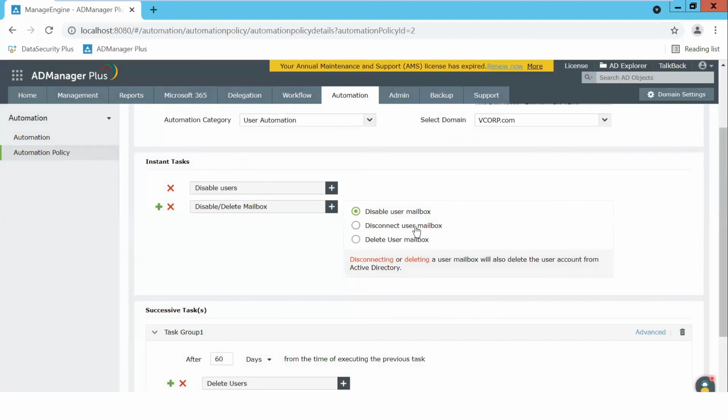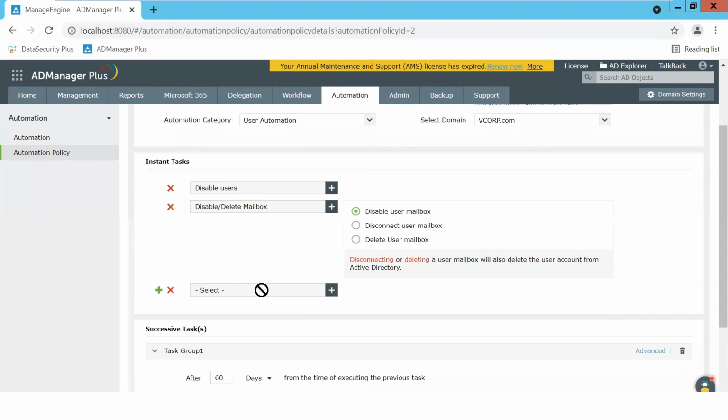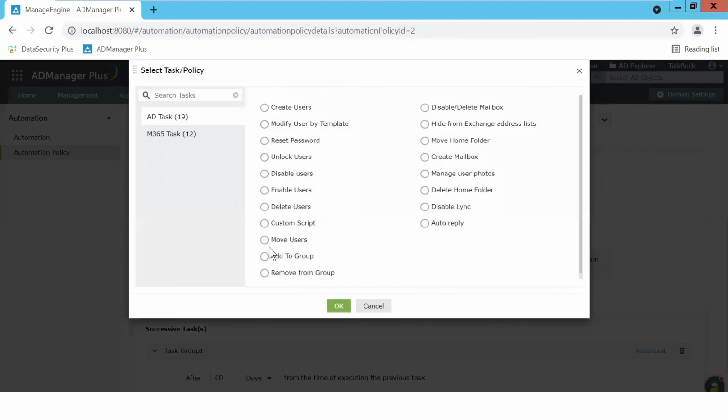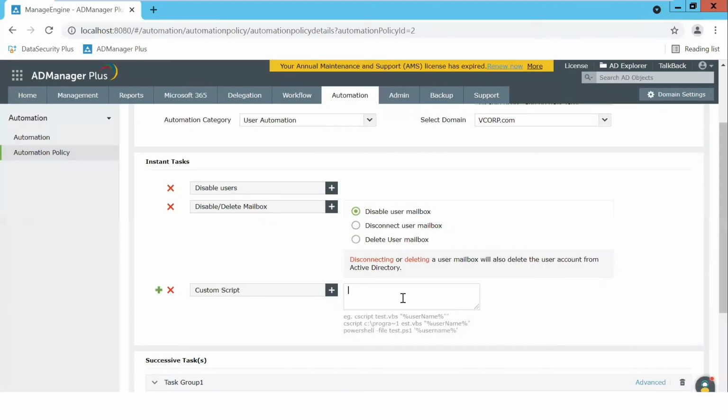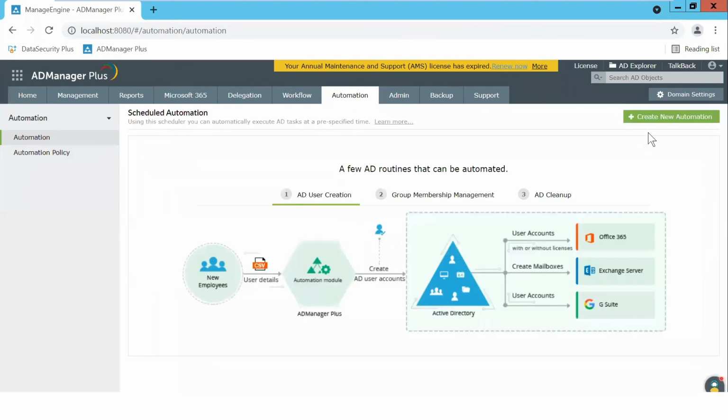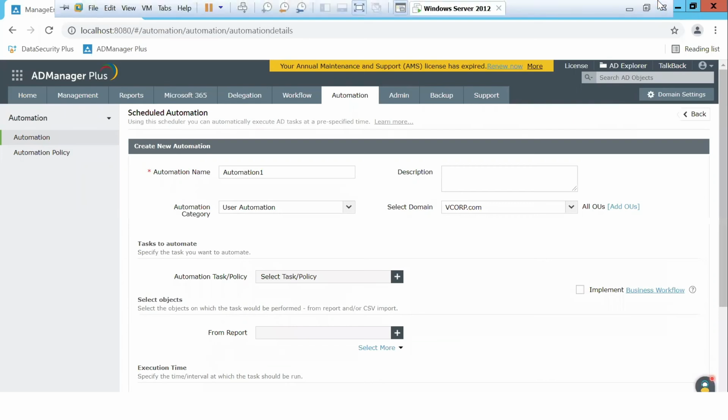So what do you want to do? Disconnect the user's mailbox, delete the user's mailbox, or let's say disable the user's mailbox. If you want to select another action after that, go ahead and pick the action that you want. You can even have a custom script in place, be it a PowerShell script or a VB script. Go ahead and automate. But a very important piece of information that I'd like to share with you is,